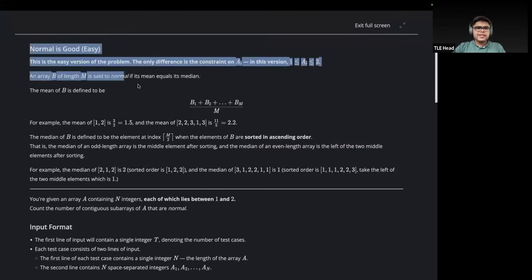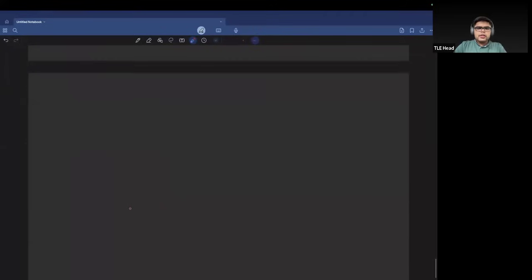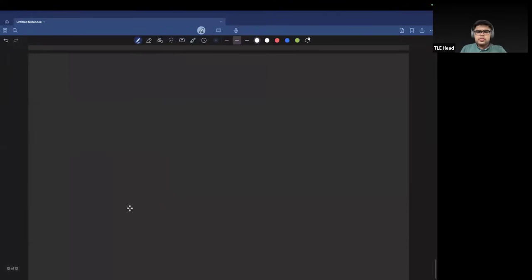Normal is good, easy part. So this problem was present in div 4. It was not present in div 1 and div 2. The harder version of this problem was present there. The problem says that we have been given, okay, let me explain the problem here itself. So in the problem, first of all, we are being told that if you had